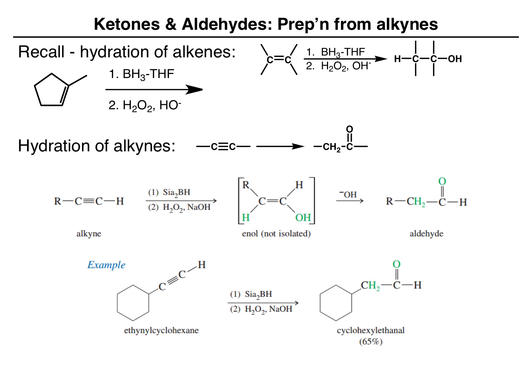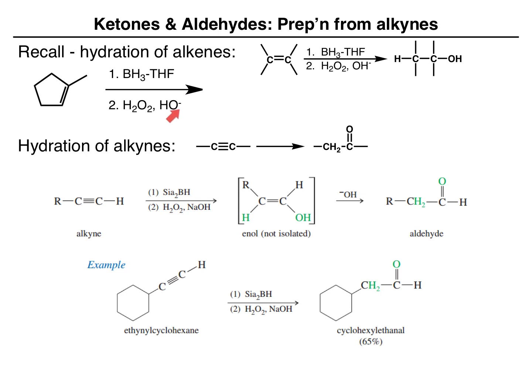Another reaction we saw in Organic 1 when we were talking about reactions of alkenes was the hydration of alkenes by hydroboration oxidation. And once again, this led to the addition of hydrogen and OH across the double bond, but hydroboration oxidation leads to the non-Markovnikov product. Using this example of 1-methyl cyclopentene, treatment with borane THF for the hydroboration, followed by treatment